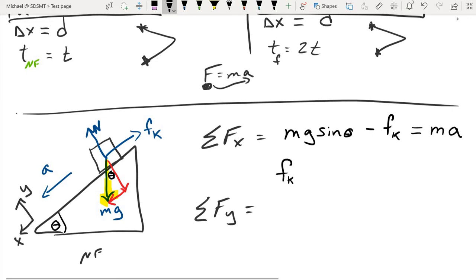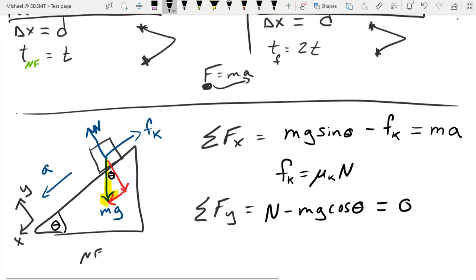We need to know what that friction force is. And from our definition, F sub k is equal to mu k N. N is the normal force. And, well, we don't know what the normal force is, so we look back at the picture. The normal force is in the y direction, so let's take a moment and produce the sum of forces for the y direction. We have normal up. We have the other component of weight down,